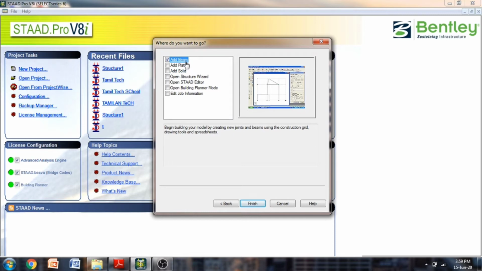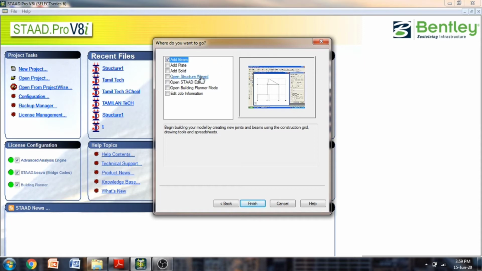You just click onto this beam. In StaadPro, commonly beams are used for both beams and columns. There is no option for columns. Columns are also considered as beams, but properties, which is cross section or material, whatever is given, it will automatically take it as columns. So there is no place where you are going to define columns separately or beams separately. All the members of a structure, except the solids, except the slabs, all the load transferring components are considered as beams. So let it be add beams.